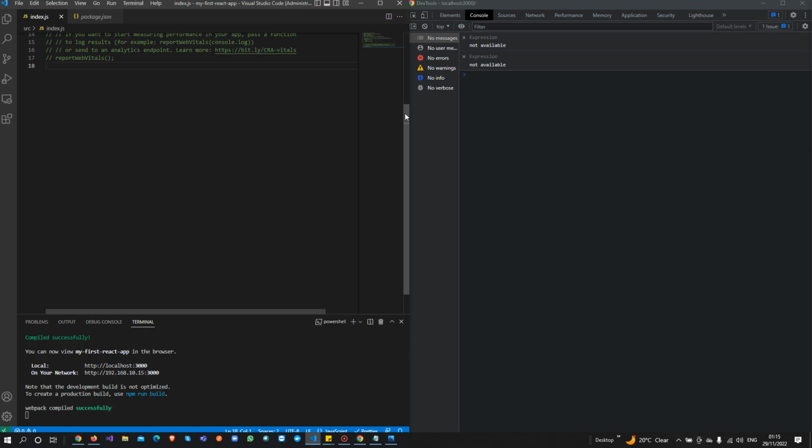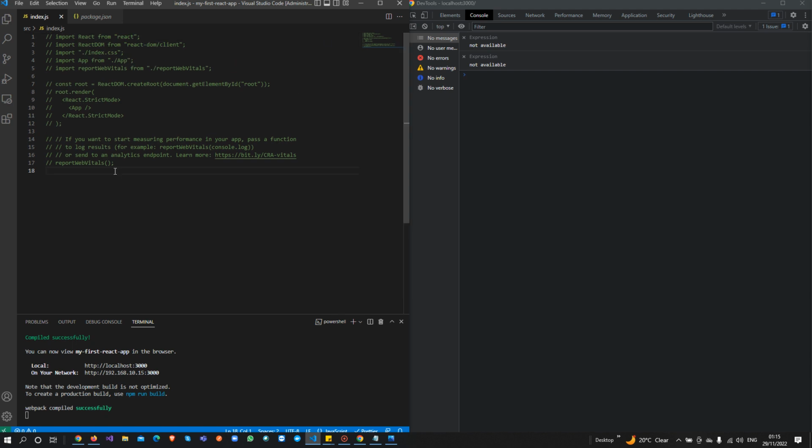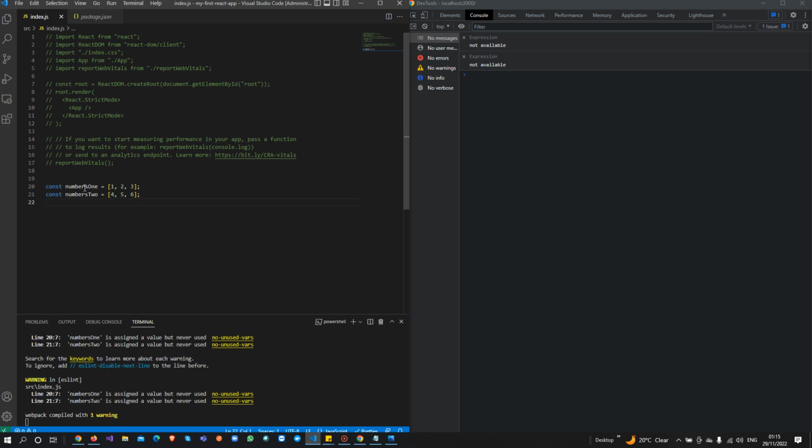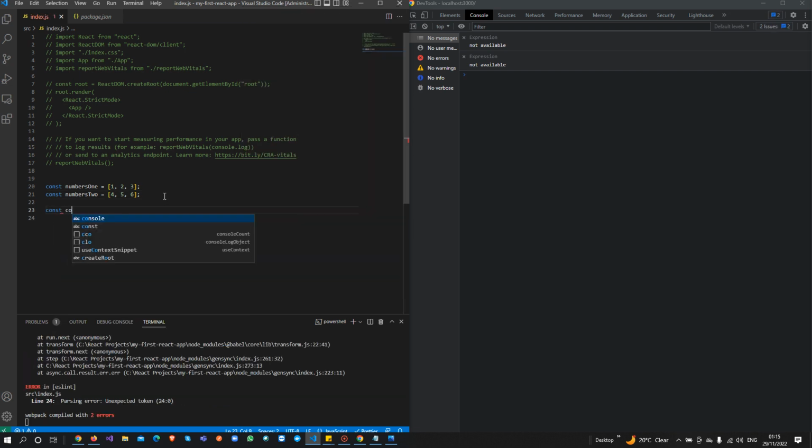I have committed all the changes of this. So let's create an array. So I have created these two arrays, numbers1 and numbers2. Numbers1 contains 1 to 3 and numbers2 contains 4, 5, 6. So if I want to combine these two arrays,